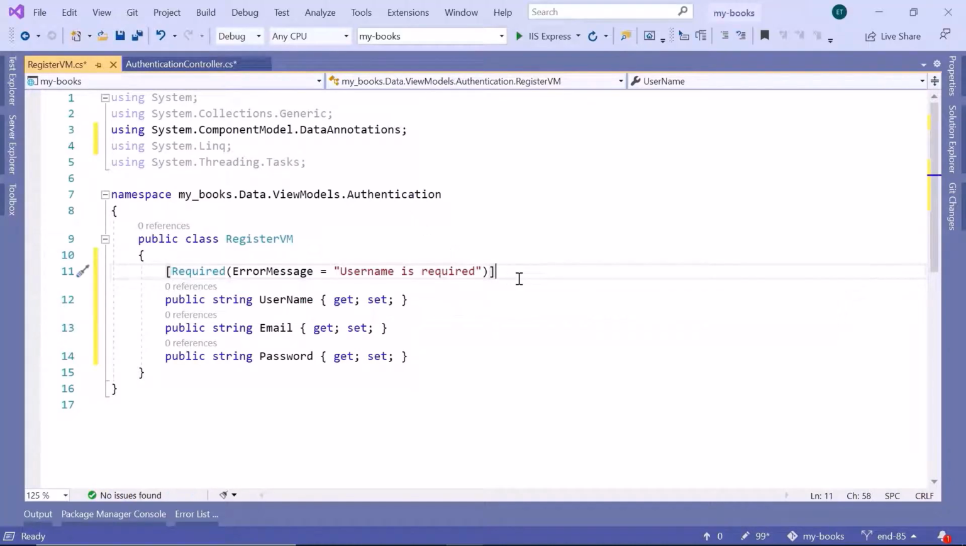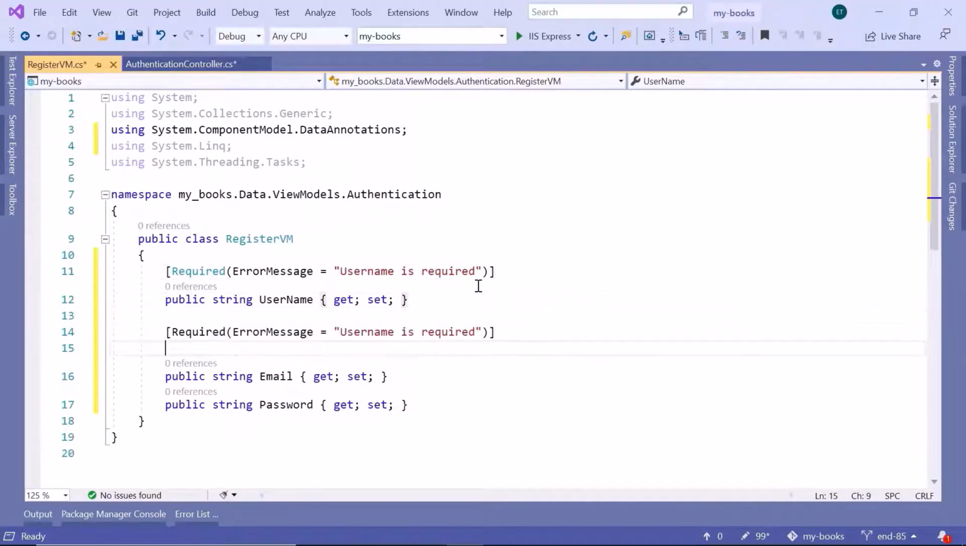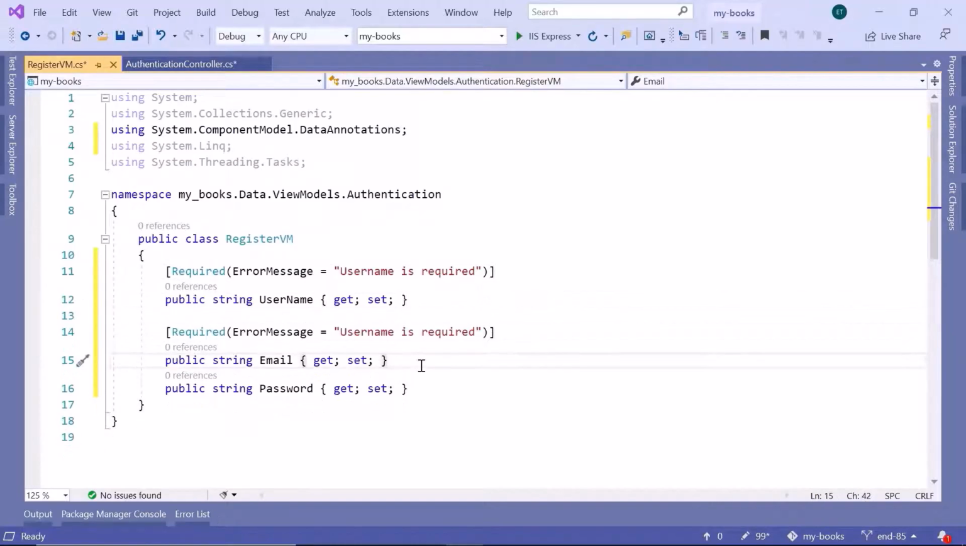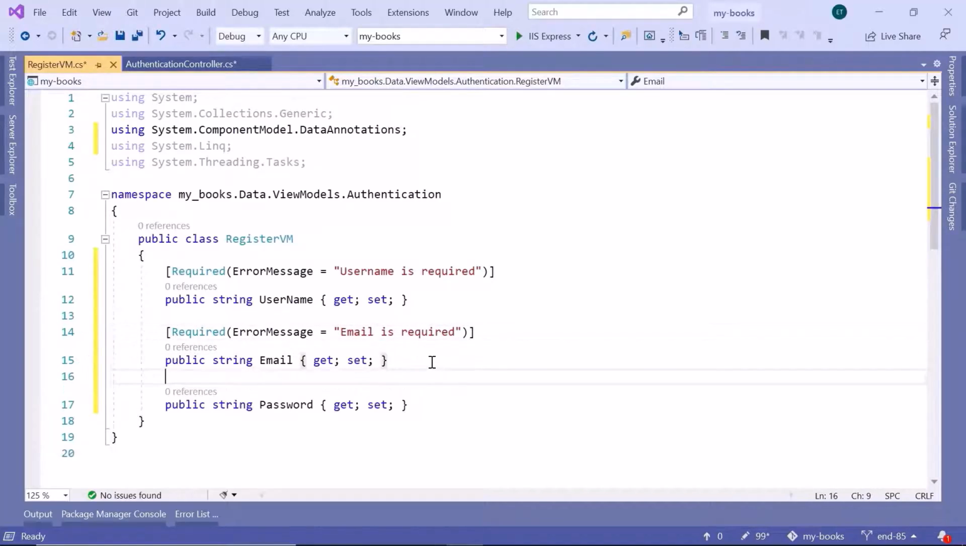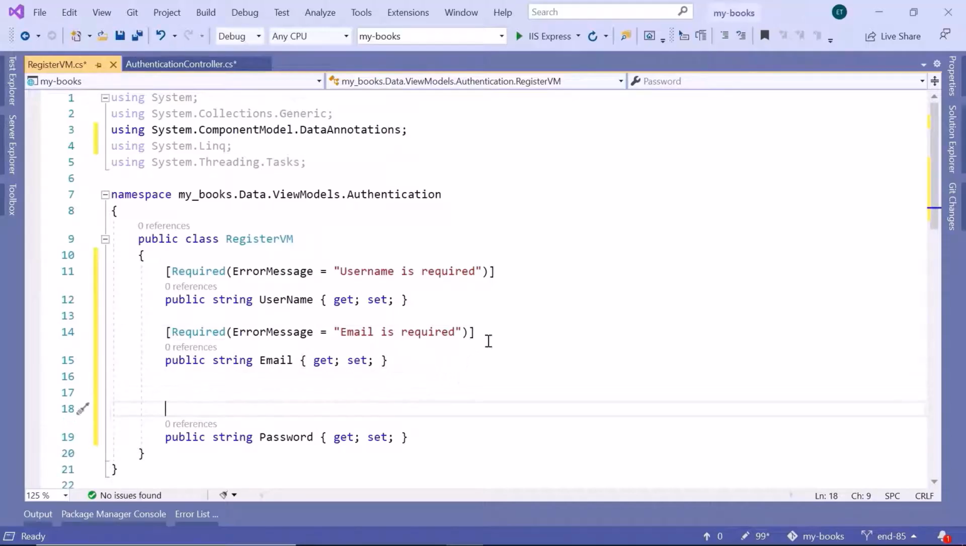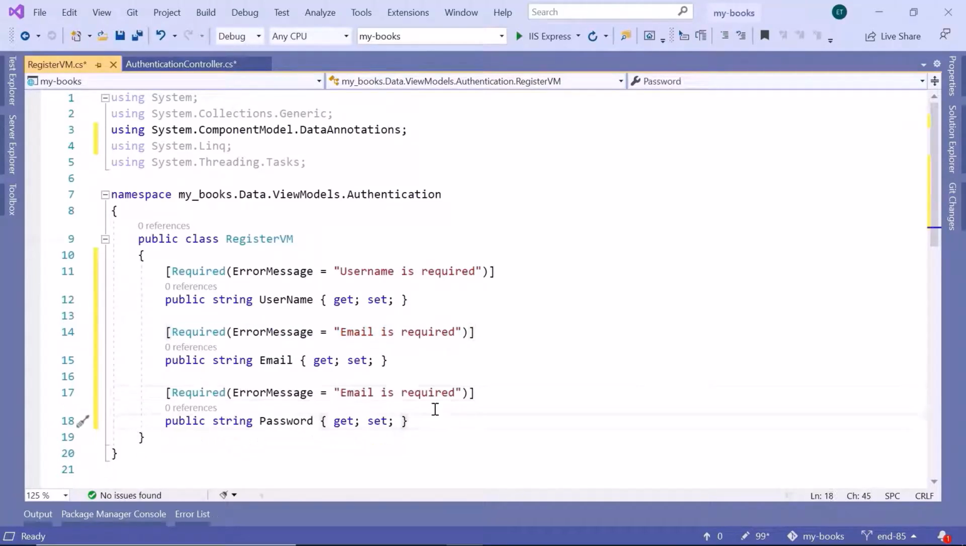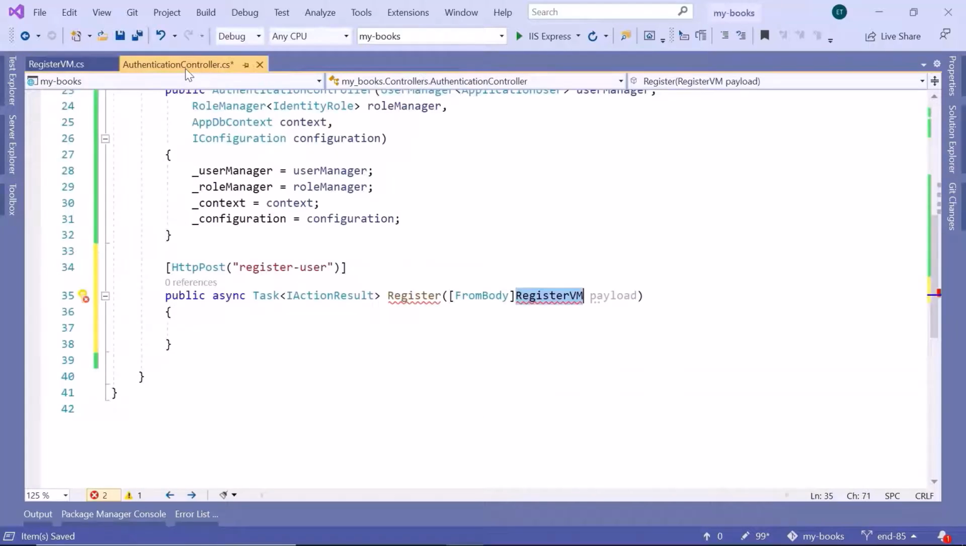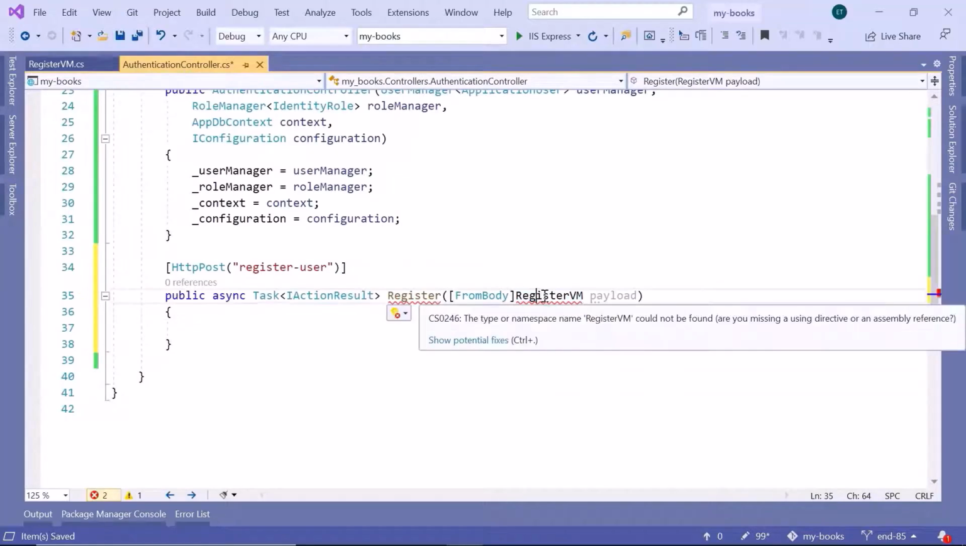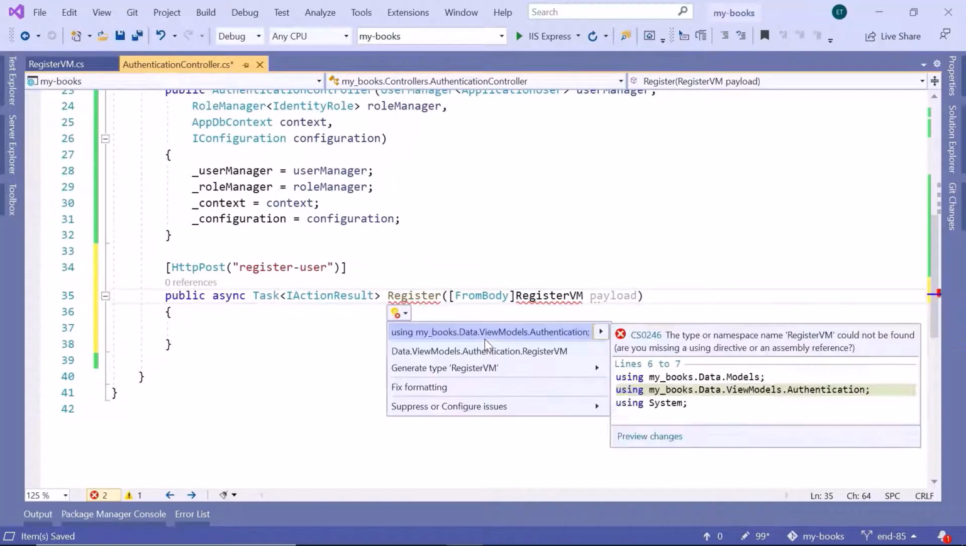Now let us just copy this line, then paste it for the email. So this way we make the email property required as well. So email is required. And let us do the same for password. So I'll just copy this one, then paste it in here. Then just change the error message to be password is required. Now let us go back to the authentication controller, and I'll just import the namespace for the RegisterVM, that is the